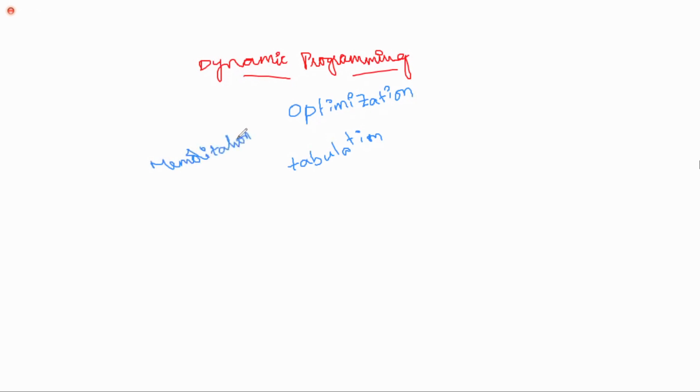So, dynamic programming is used to solve the optimization problems. Greedy method is also used to solve the optimization problem, but these two have their respective approaches. In dynamic programming, we follow the memorization method and tabulation method to solve the problem. What is memorization method? What is tabulation method? I'll tell you. For example, for memorization method, we'll use the recursive call. What is recursive call? I'll tell you.